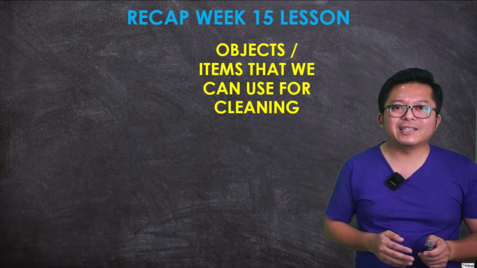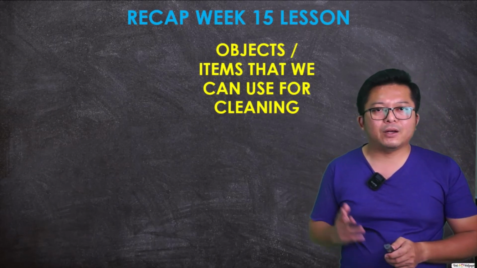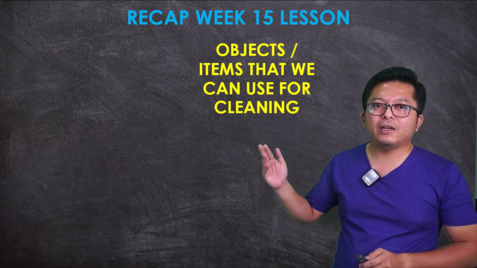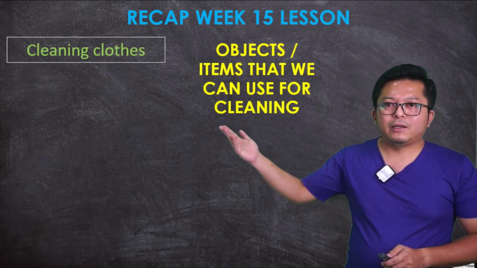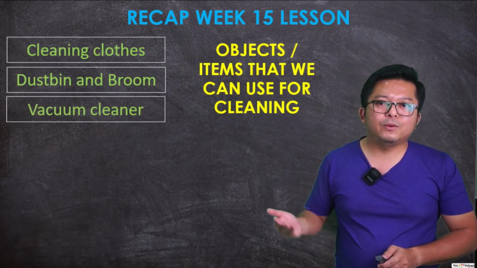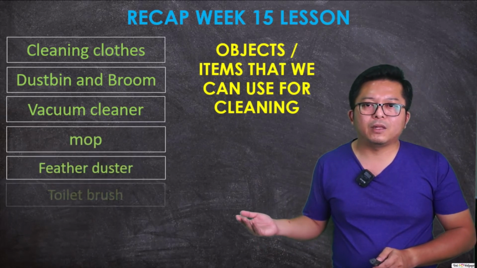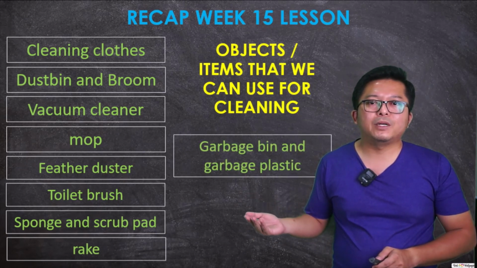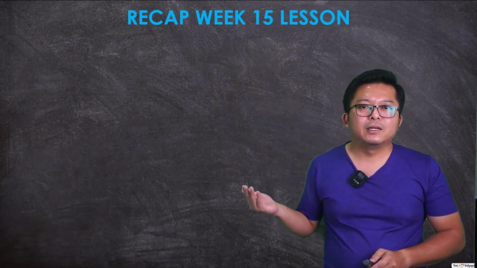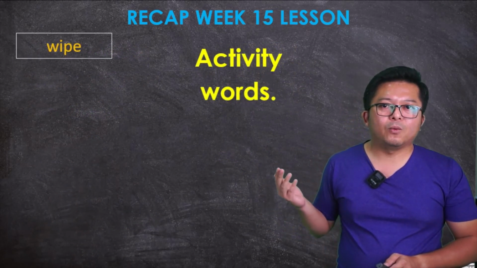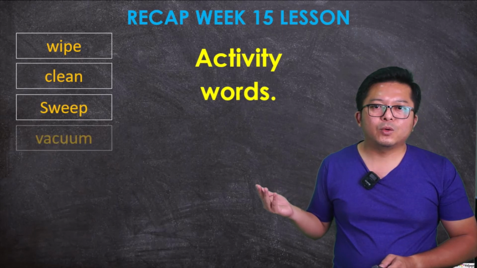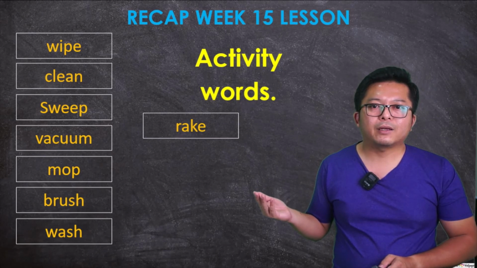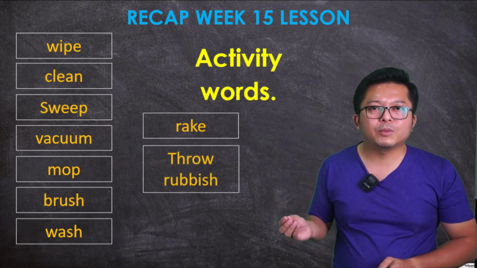Now let's recap week 15 lesson. Objects that we can use for cleaning. Now this one we have learned last week and the week before that. Not last week, last video and the video before that. So cleaning clothes, dustbin and broom, vacuum cleaner, mop, feather duster, toilet brush, sponge, rake, garbage bin and garbage plastic, water, and activity words would be wipe, clean, sweep, vacuum, mop, brush, wash, rake, throw rubbish in the rubbish bin,